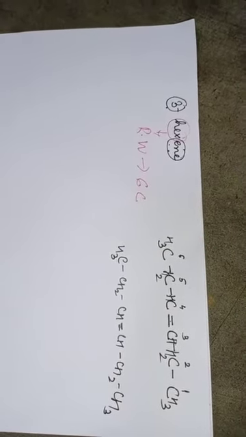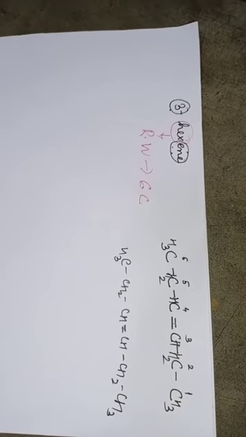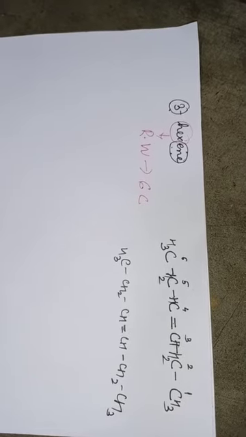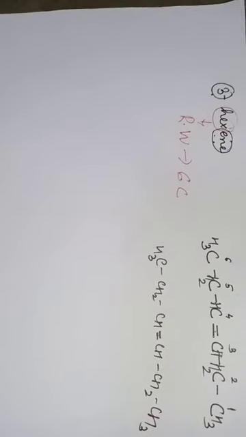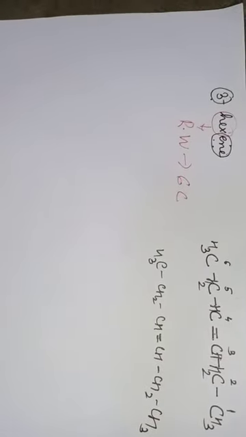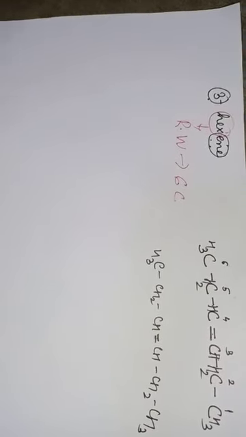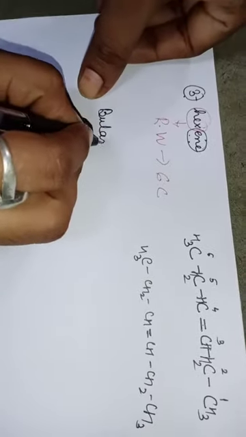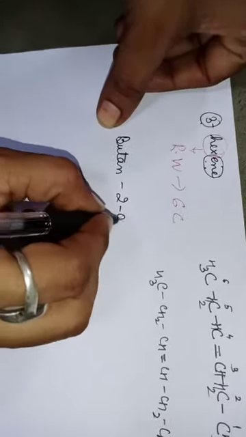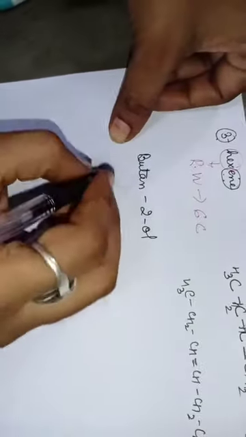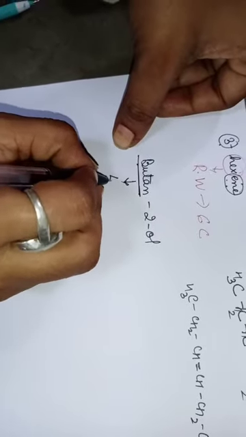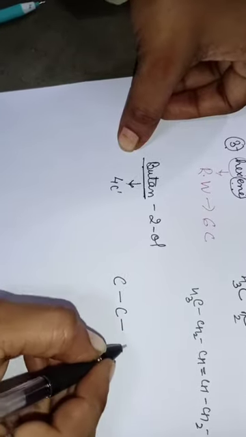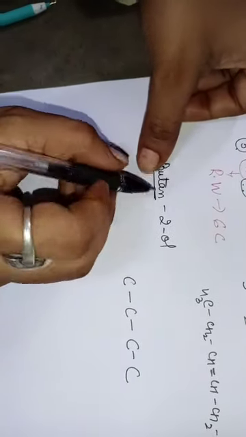So this way you have to draw the structural formula using the IUPAC name. I hope that you all will solve the example. If you have any doubt, then you can ask me. Okay, now let us see one more last example. Say we have butan-2-ol. So how will I make it? See, butan means 4 carbons. Root word means 4 carbons. So I am drawing 4. 1, 2, 3, 4.